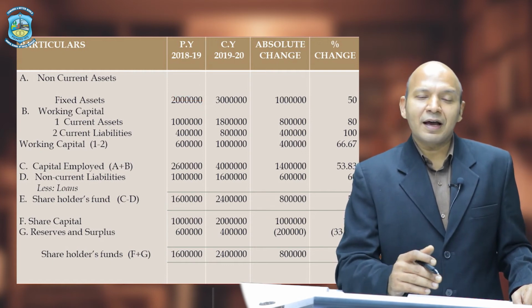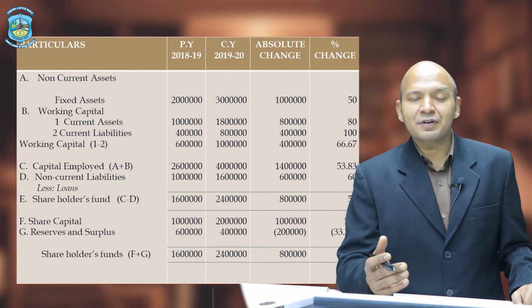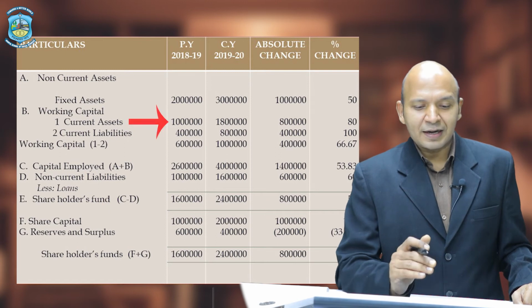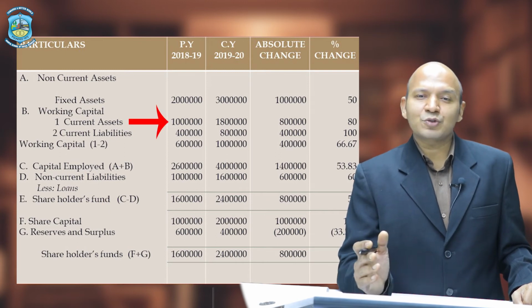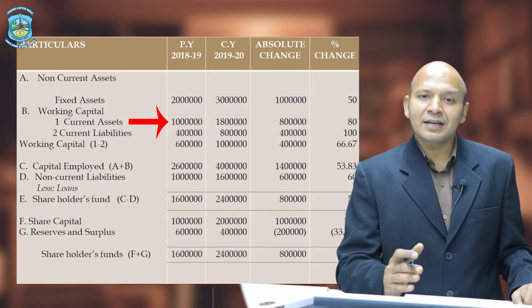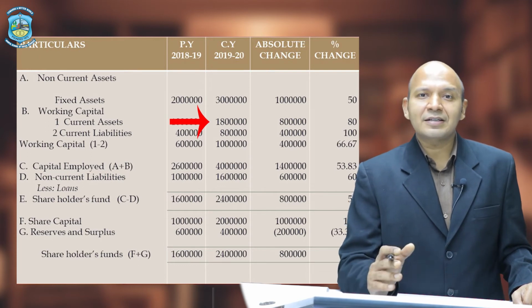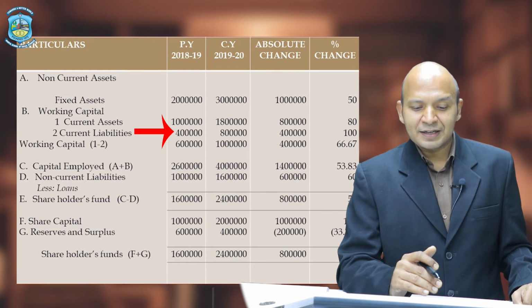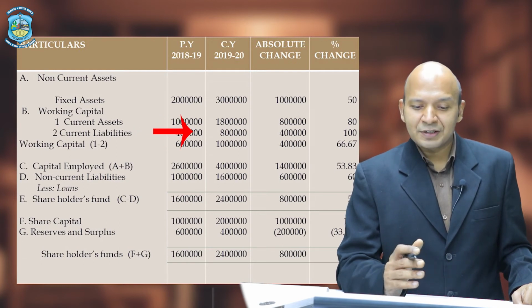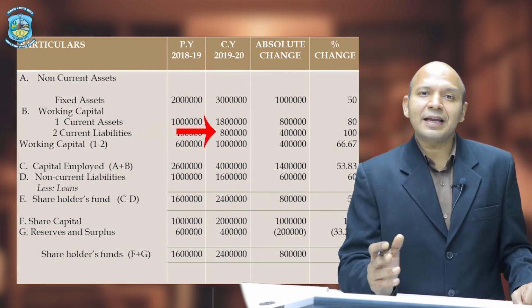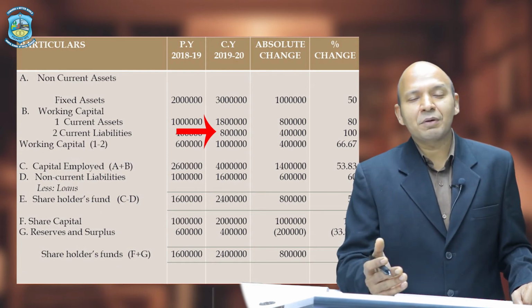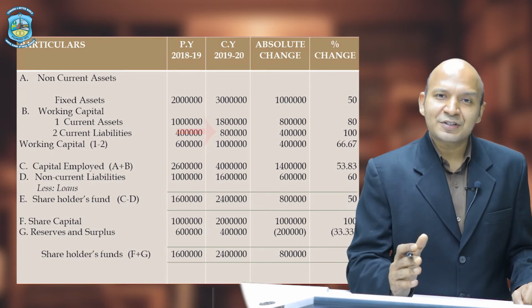Working capital, as I explained, is the difference between current assets and current liabilities. The current assets for the previous year, that is 2018-19, is 10 lakhs, and for the current year, it is 18 lakhs. Current liabilities for the previous year is 4 lakhs, and for the year 2019-20, it is 8 lakhs. So if we have to calculate the working capital, we need to apply the formula current assets minus